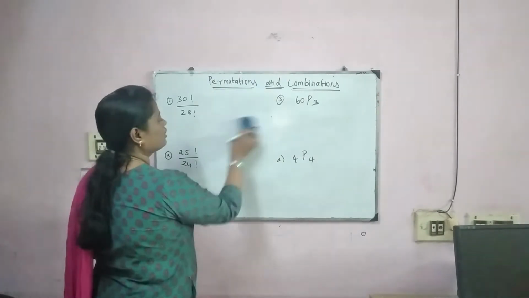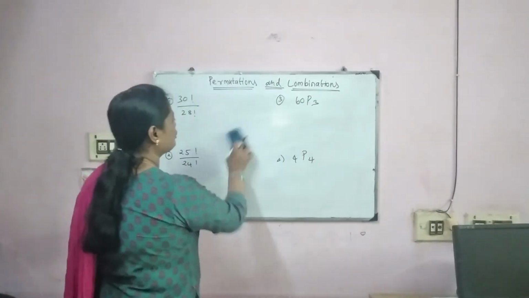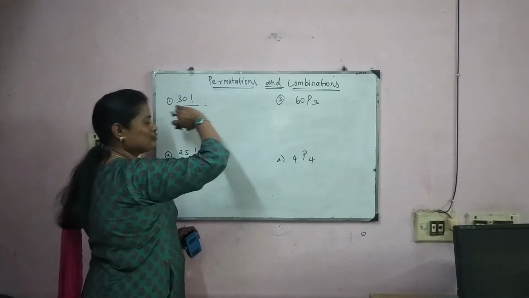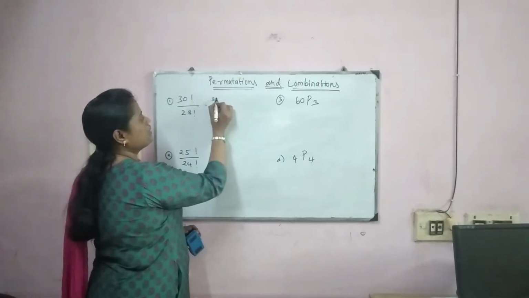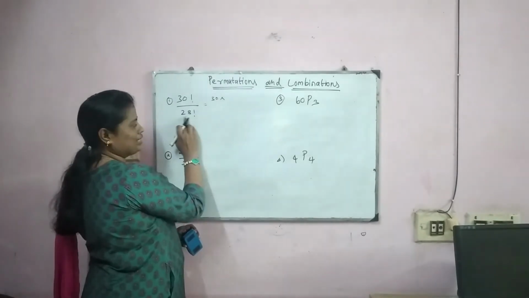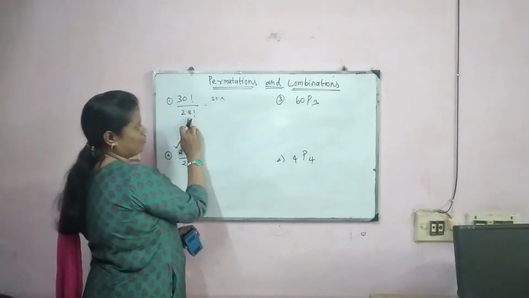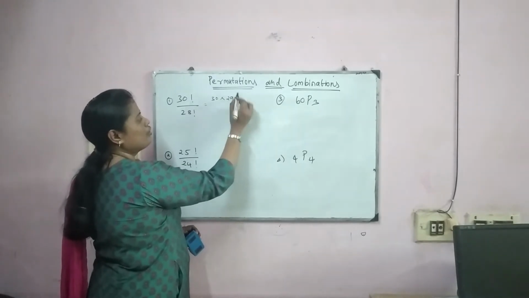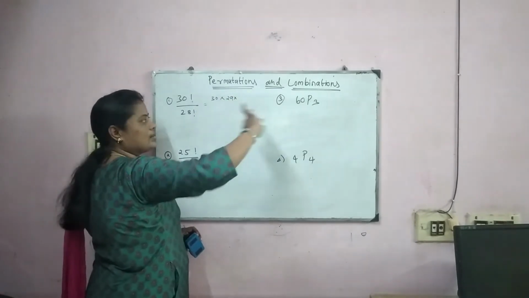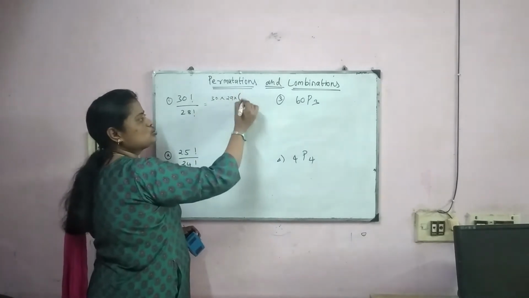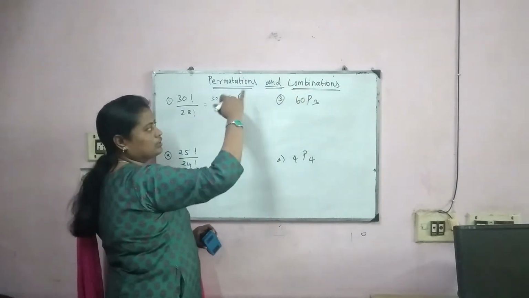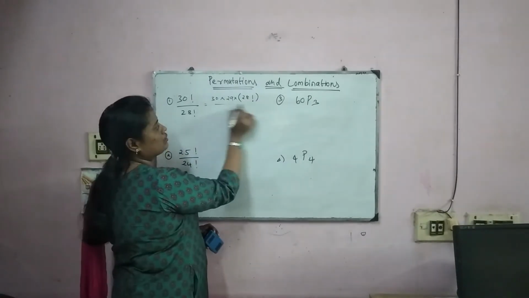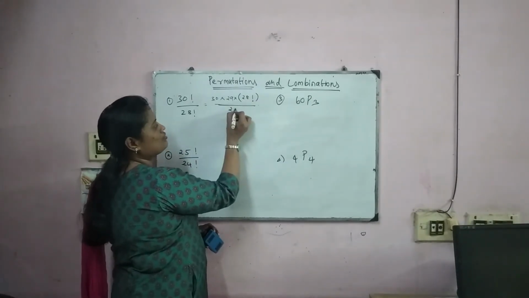The same procedure I am going to apply here. So 30 factorial, how am I going to write it? You have to write it in a backward order. You mean 30 into 29 into, and in the denominator we have 28 factorial. From 28 up to 1, that backward order we are going to write again as the factorial notation: 28 factorial divided by 28 factorial.